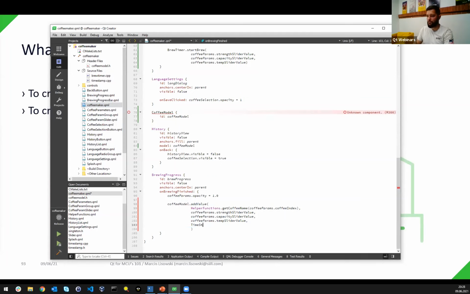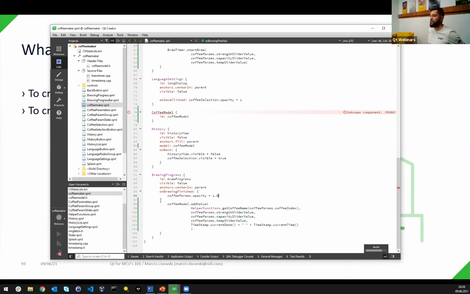So timestamp current date. And let's concatenate some empty space. That's also a pretty useful thing that you can simply concatenate the strings directly from QML. Timestamp current time. So then we'll have some exact date, and time is less important, so we will go on the last place. All right. And this will go to our model as a single string, split with that empty string. Of course,